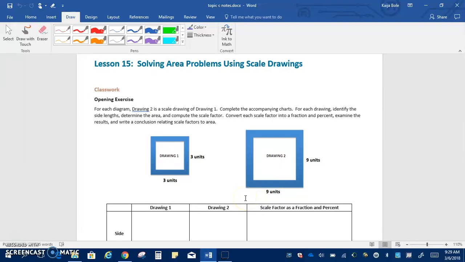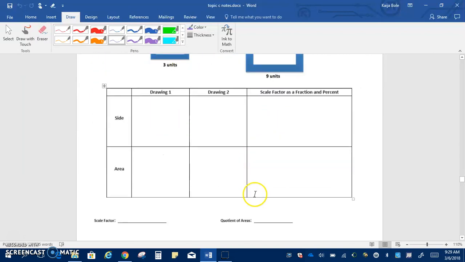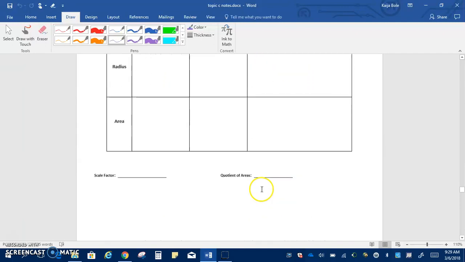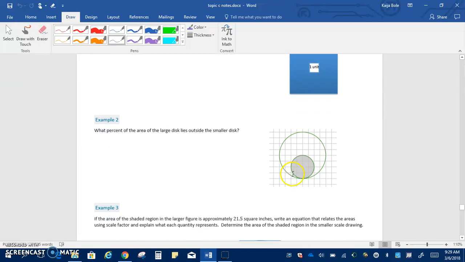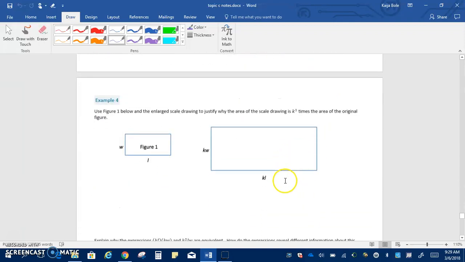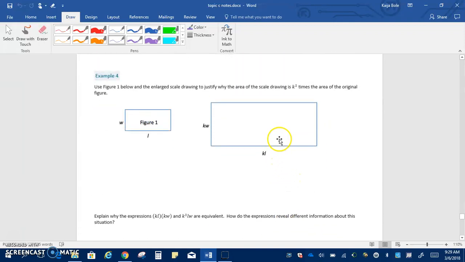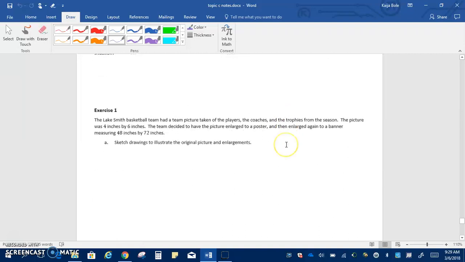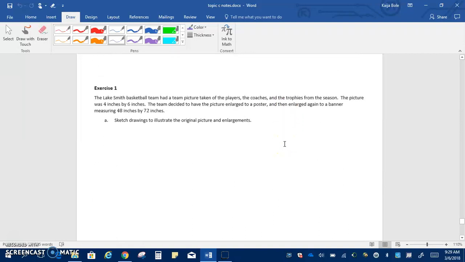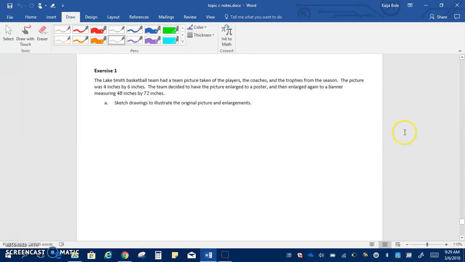Alrighty, here we are on lesson 15, solving area problems using scale drawings. So we are actually going to skip the first page, skip the second page, skip the third page, and we are all going to go all the way to where it says example 4 at the top, and we're not even going to do the top one. We are going down to the bottom where it says exercise 1. So everyone make sure that they're on the right page right now before you start writing in the wrong spot